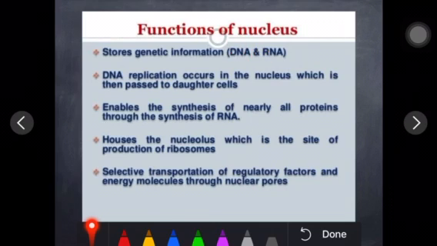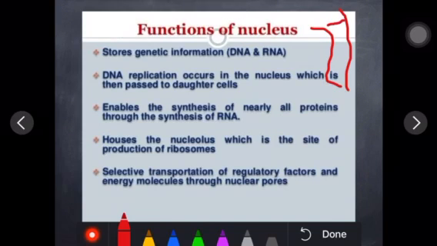Now second, DNA replication. It means DNA is lying in this way, like this is DNA. Here I am drawing the structure of DNA. This is the structure of DNA, right? And they make their copy. Making a copy of DNA is called DNA replication. This replication occurs in the nucleus, and the copy is then passed to the daughter cell. When DNA makes its copy, only then can it pass to the daughter cells as well, right?